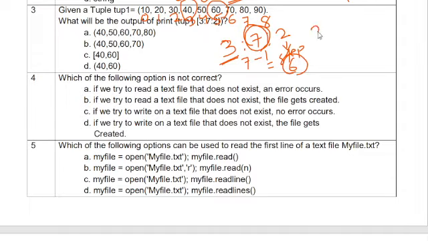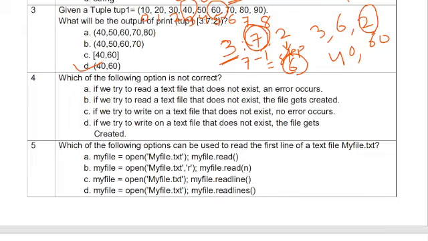So starting from 3, ending at 6, and every time one value skipped, the answer will be 40, comma 60. In which format? In the tuple format. The answer will be D. I think everyone understood.